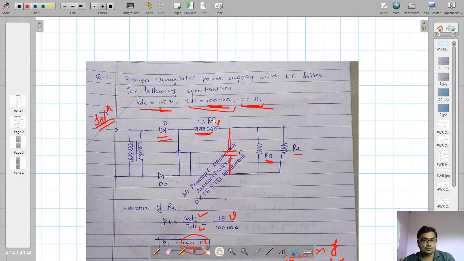See, RX I am showing in the circuit, but it is not given in the specification, so I am not using it. The RF is also not given, I am neglecting it. So now this is about the